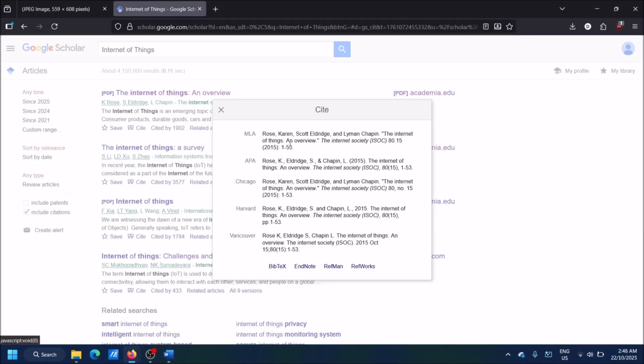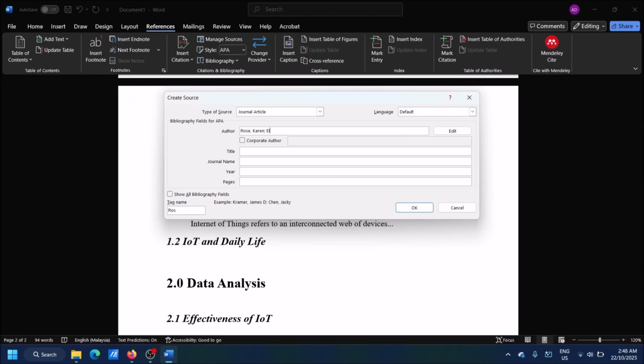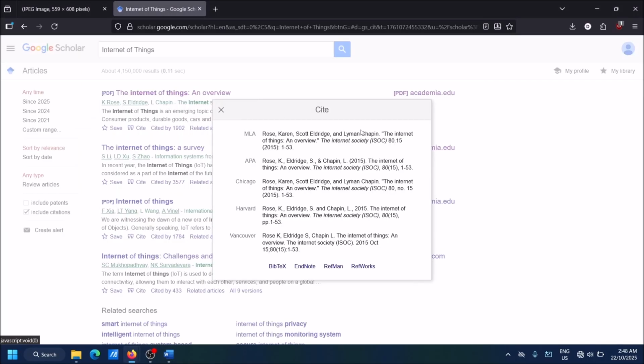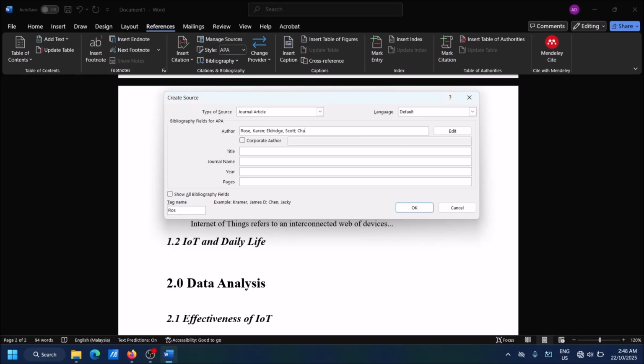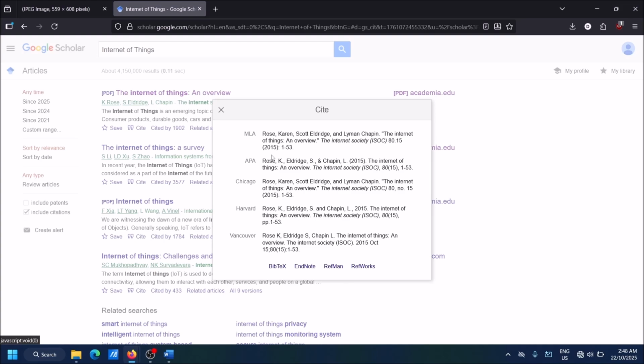And the second author is Scott Eldridge. So let's put in Eldridge, comma, Scott, semicolon. So that's Scott Eldridge, Karen Rose, and finally Lemon Chapin. So we're going to put Chapin, comma, Lemon, semicolon. And then we put in the title of the paper,